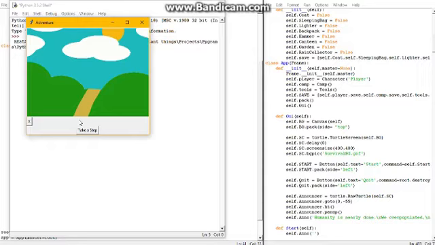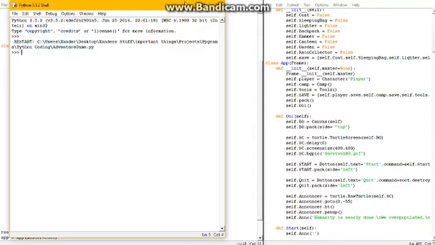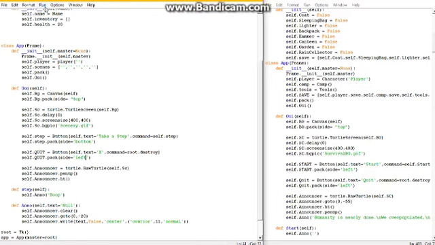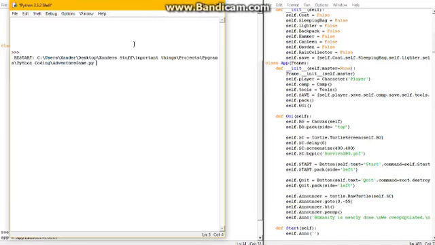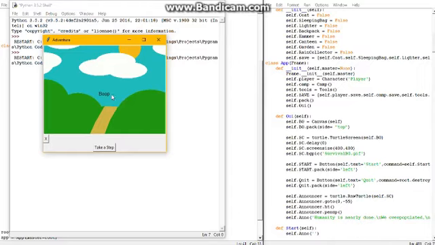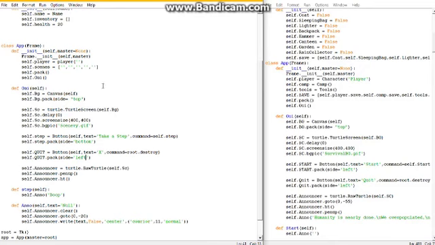And now we've got a little X over here to the left, and I can click that and it exits out the program. And if I press the button, then it goes boop. It doesn't do anything else, but that's okay, because I'm going to